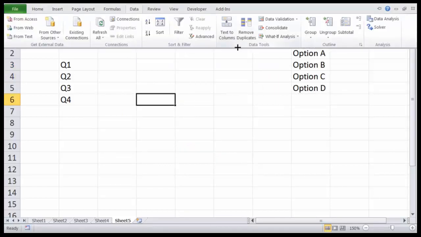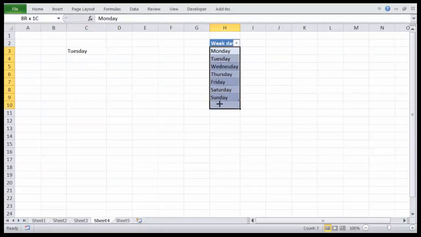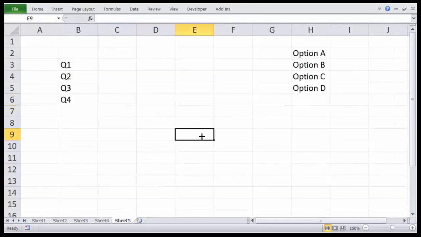Data validation should be used when you want to restrict people to choose certain data, and it can be used in creation of lists. We use it a lot in creation of lists. As an example, you can use it to have a data validation wherein you want to select the days of the week. So there are lots of places where data validation is used.